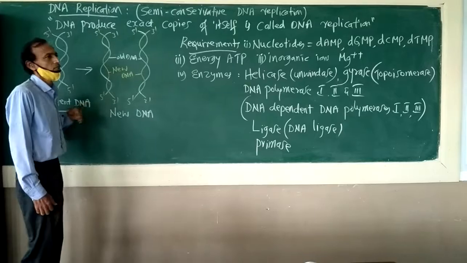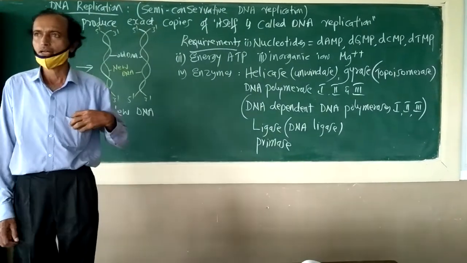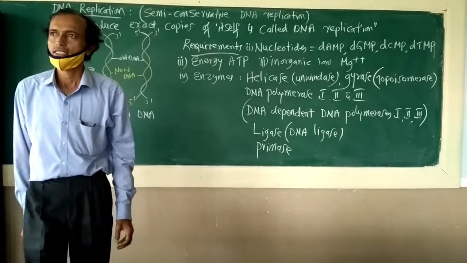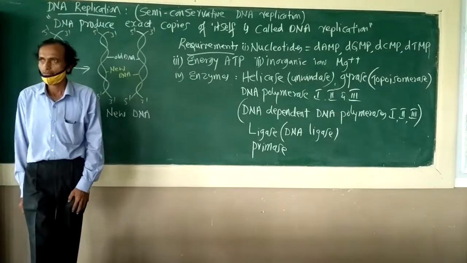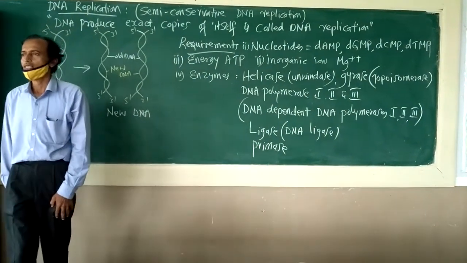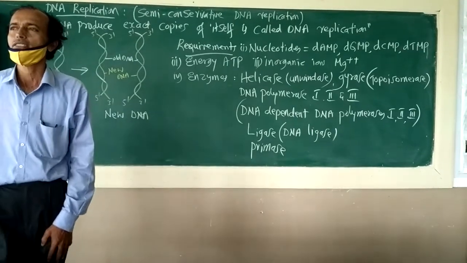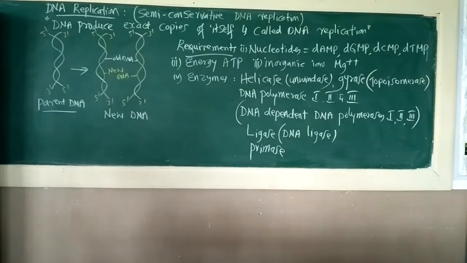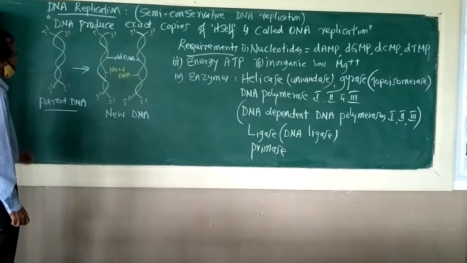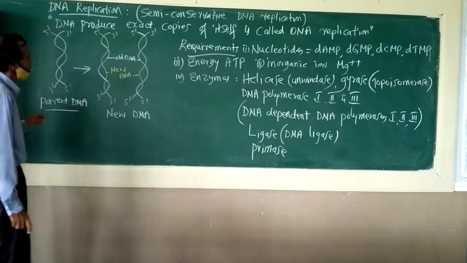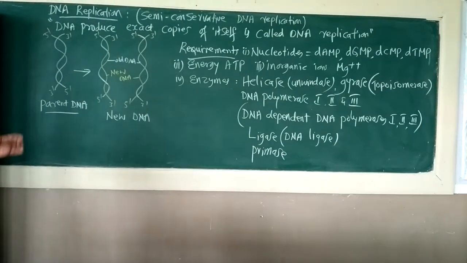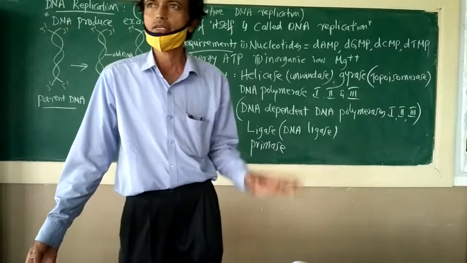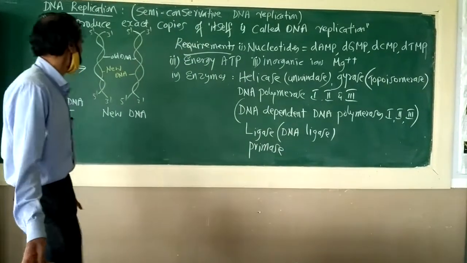This process takes place during S phase of interphase. There are three phases in the interphase: growth phase 1, followed by S phase, and followed by G2 phase or growth phase 2. During S phase, replication of DNA occurs. So that is the reason the daughter cells get an equal amount of DNA compared to the parent cell. If the parent cell has 46 chromosomes, the two daughter cells produced will always get the same number of chromosomes, 46 chromosomes.